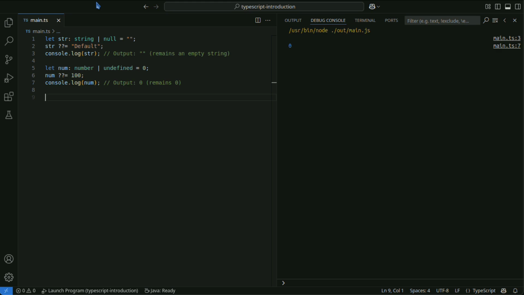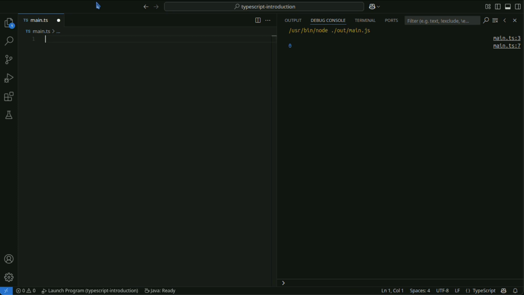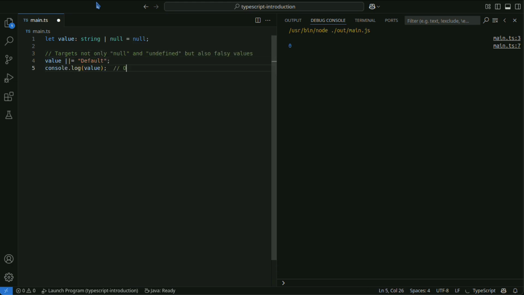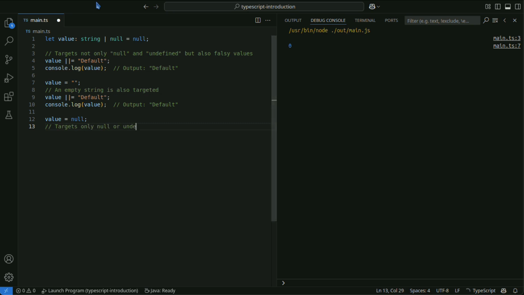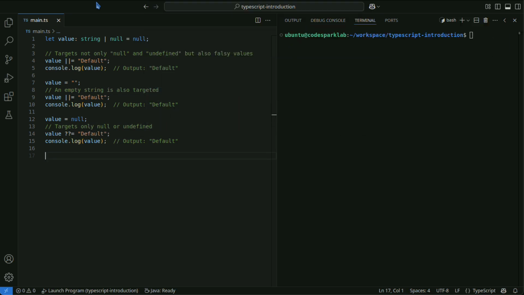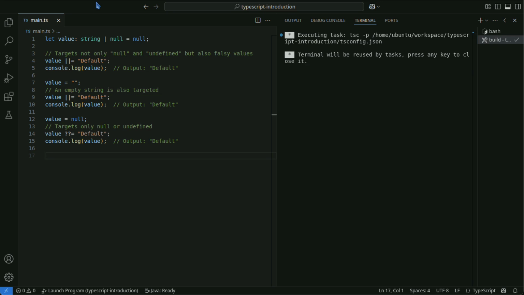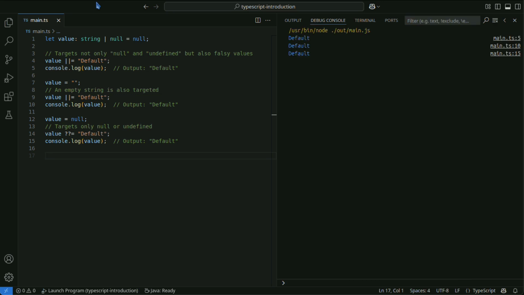Be careful when using it with other operators. The nullish coalescing assignment operator may produce unintended results when used with other operators. It is especially important to understand the difference between it and the logical OR assignment operator.